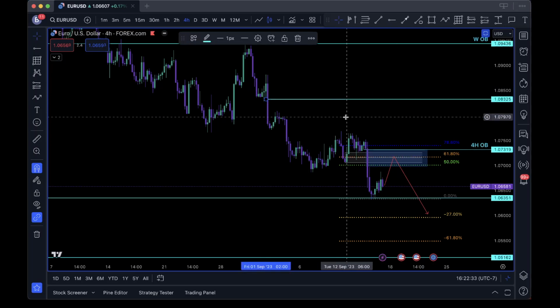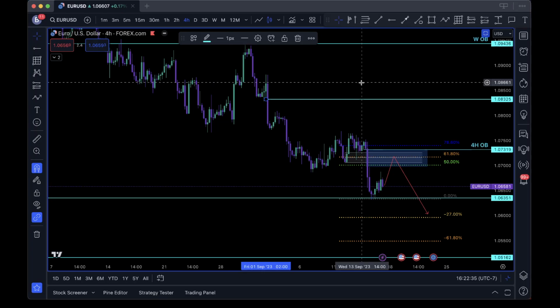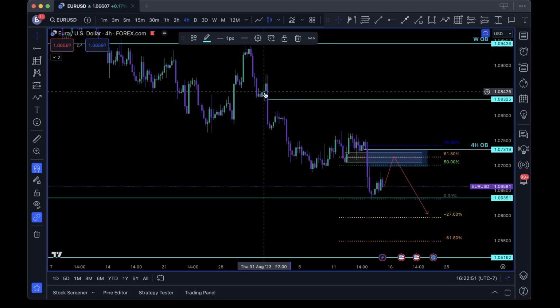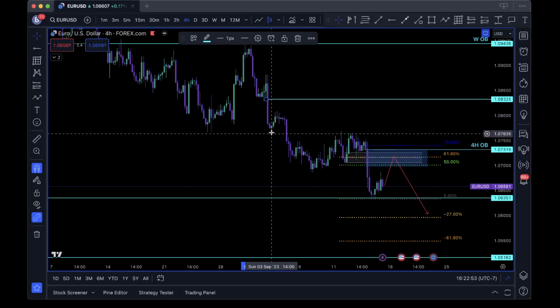Now, when we're looking at order blocks, the best order blocks, and I talked about this last week, I like it when there's a fair value gap, an order block, and OTE or something like that, right? The reason being is because the best order blocks are usually what cause a fair value gap or a liquidity void in the market, right? That is the place where price displaced and left a void in the market.